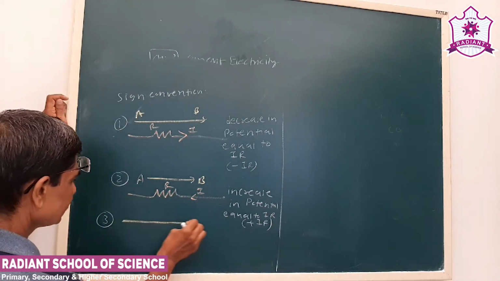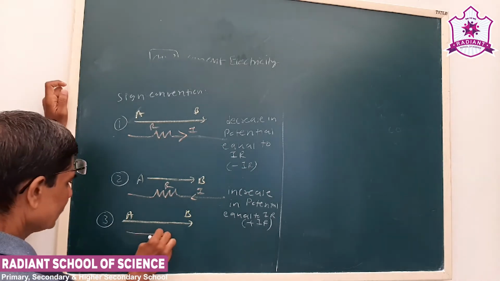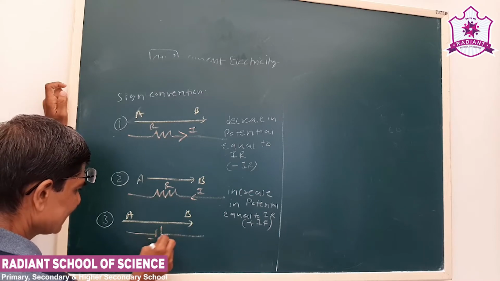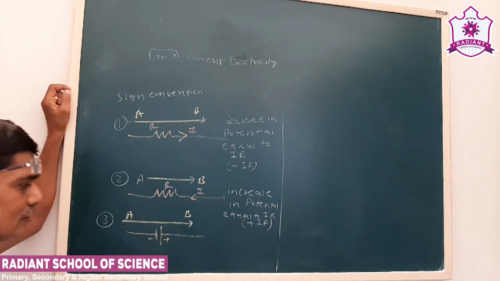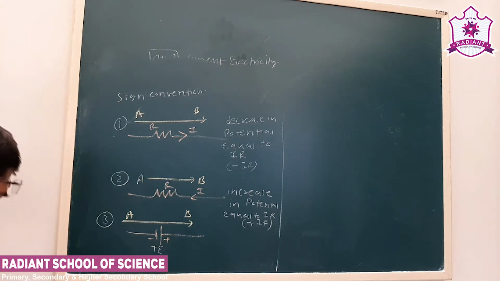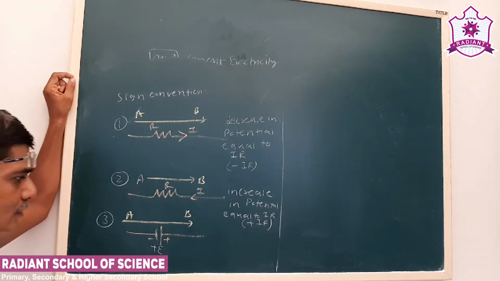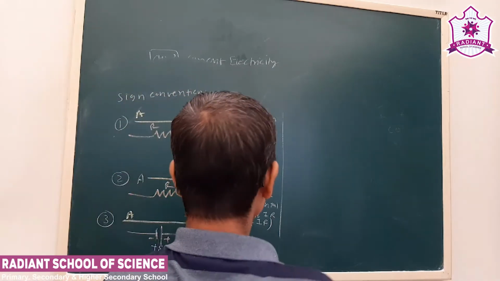When we move in the direction of A to B, during that we move from negative to positive of the battery, or a cell. So when we move from negative to positive of the battery, there will be an increase in the potential equal to the EMF of the cell. So in that, here we will take plus E. Now in the fourth one,